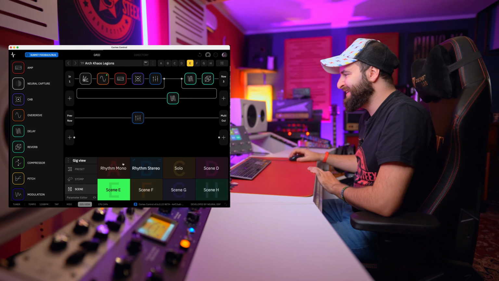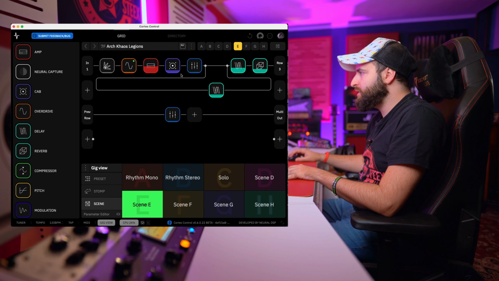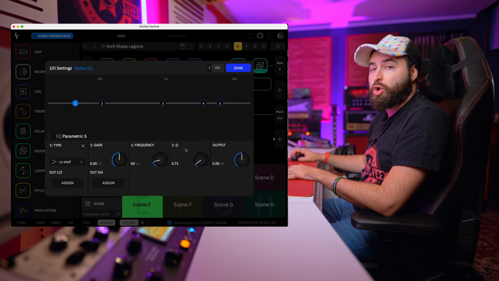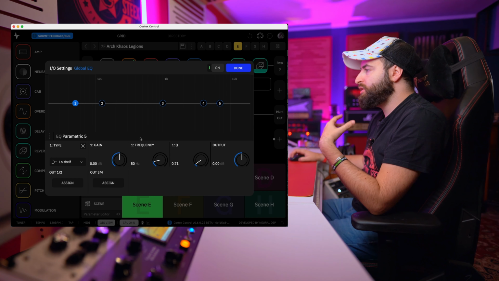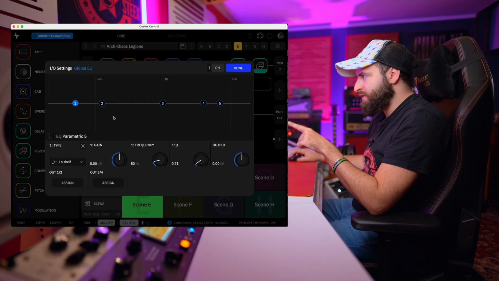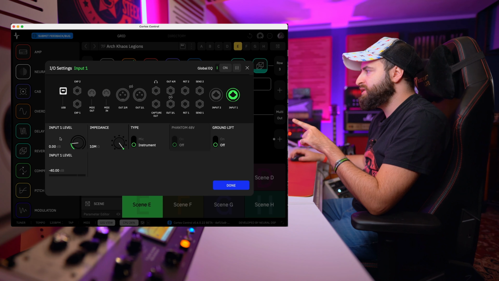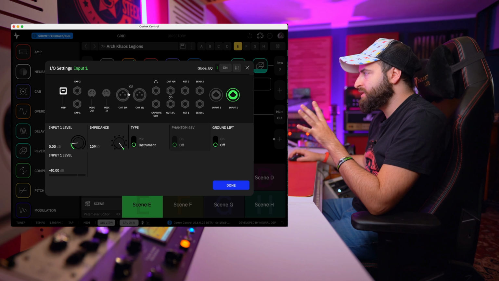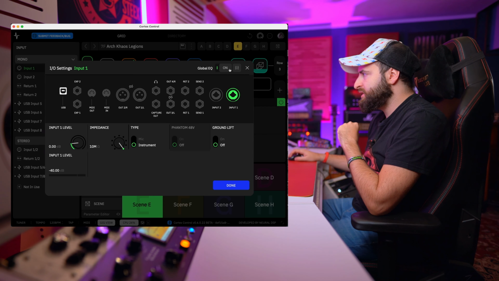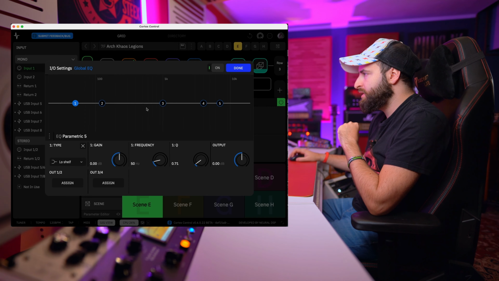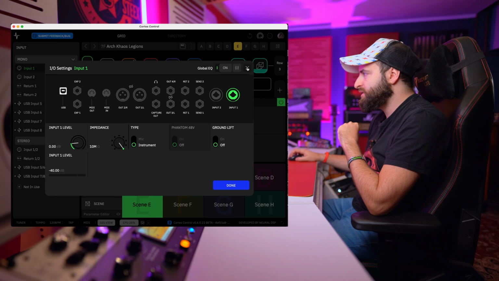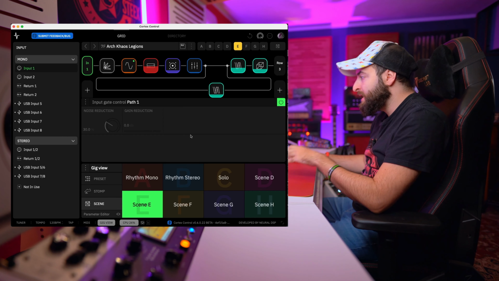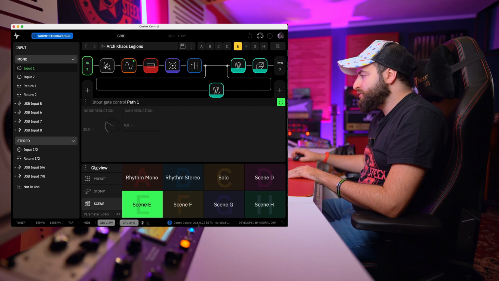It's going. Okay, then you have here the CPU, and you can see the CPU per each parameter, and here, of course, your global EQ. Here on the global EQ, when you are done with this visualization, you go to done, and you can see again the settings here, I don't know why, the I/O settings. So basically in the same view you have both the global EQ and the settings. I don't know why. Anyway, here you can see the Cortex Control that it's beta